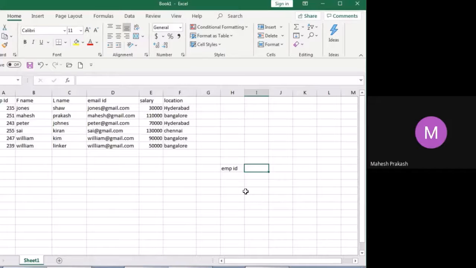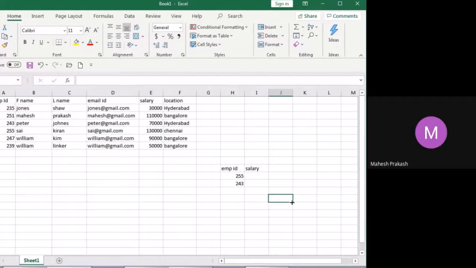For example, your boss wants employee IDs and salary of certain people. He has given you only the employee IDs, that is 255 and 243. These are the two rows he has given you, and he's saying that he wants to know the salary.